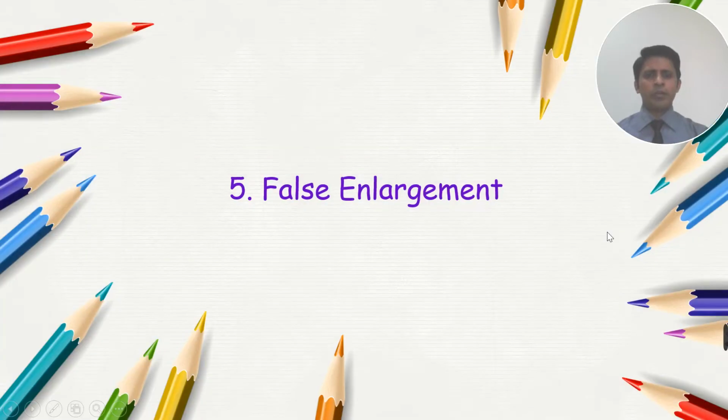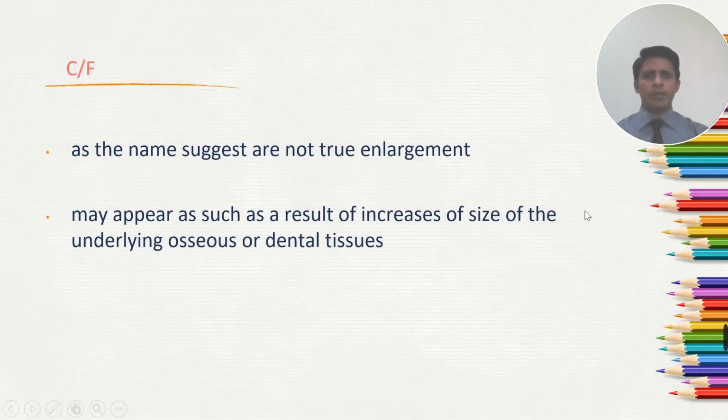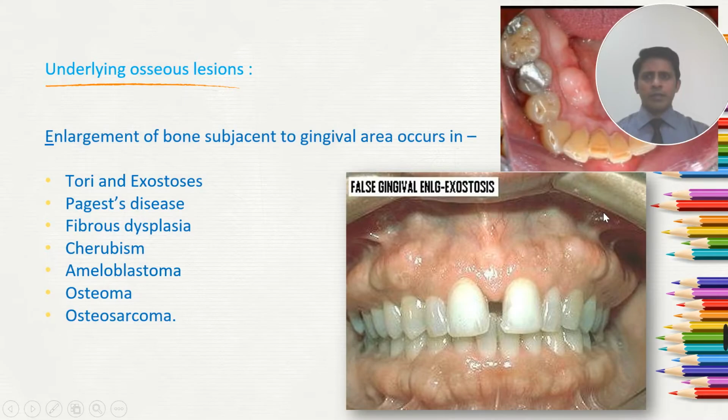Now coming to the last type, that is the false enlargement. The clinical feature shows, as the name suggests, they are not true enlargements and may appear as such as a result of increase in size of the underlying osseous or dental tissues. The underlying osseous lesions are